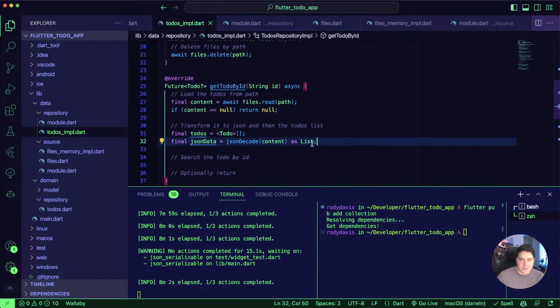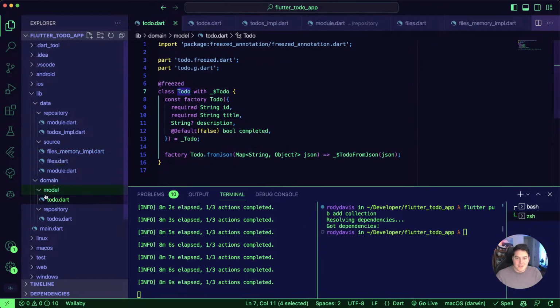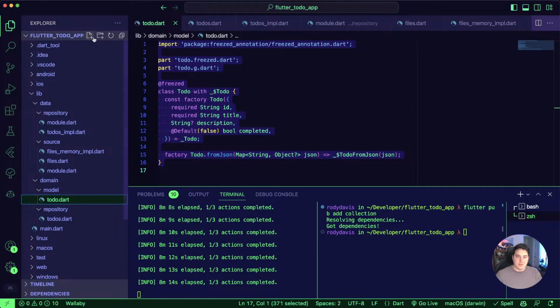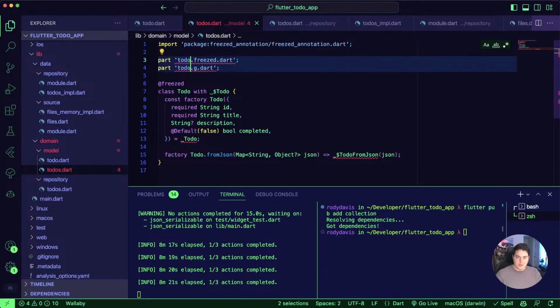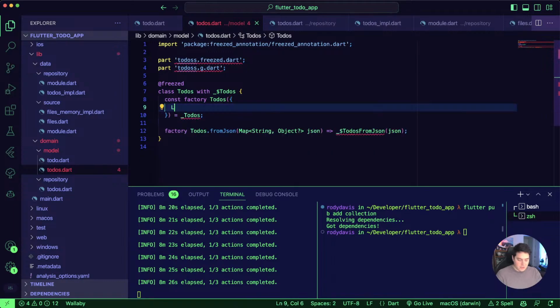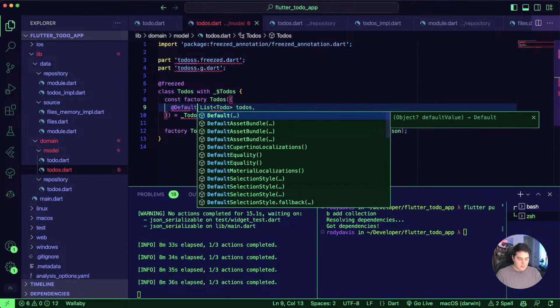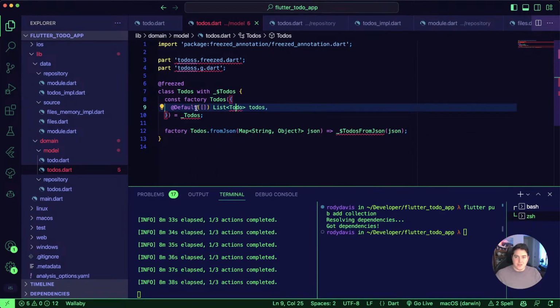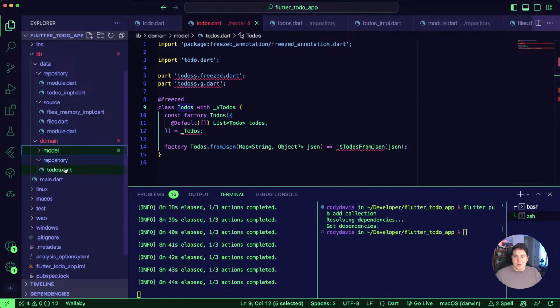Oh, and then maybe this is another case to show why freezed is cool. We're going to go ahead and make our lives easier by creating an immutable reference of our to-dos. So I'm just going to copy this. We're going to create a new file called to-dos. There, and we can just rename all these to to-dos. And instead of anything in our constructor, we can just have a list of to-do, and then a default. This will also handle the deserialization for us. We can import it there, and then back in our repository,